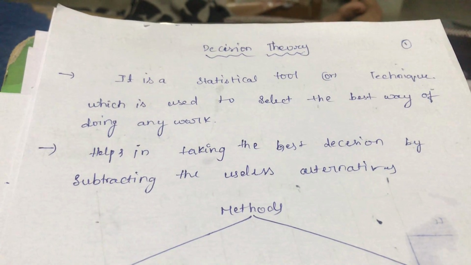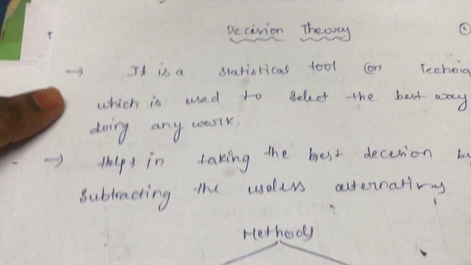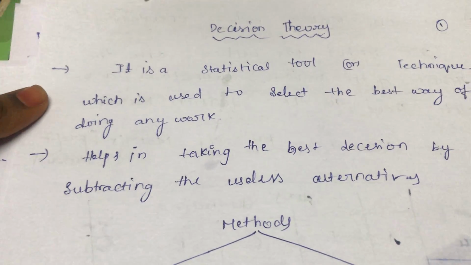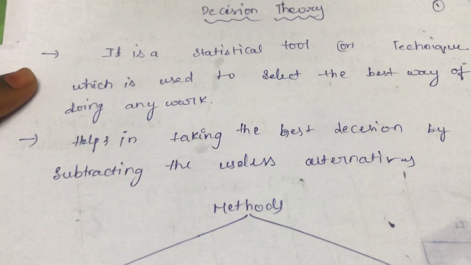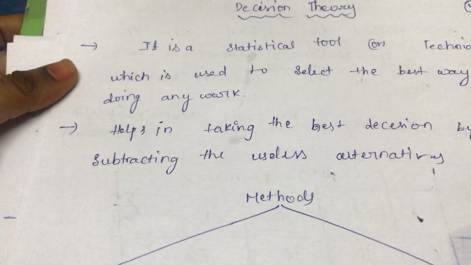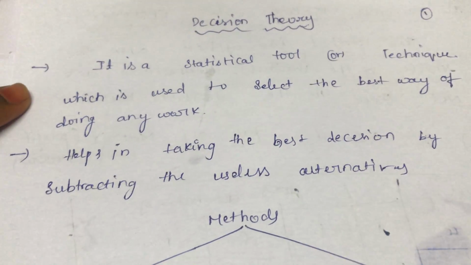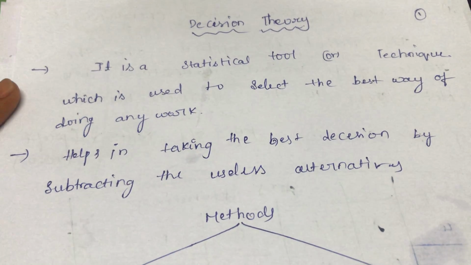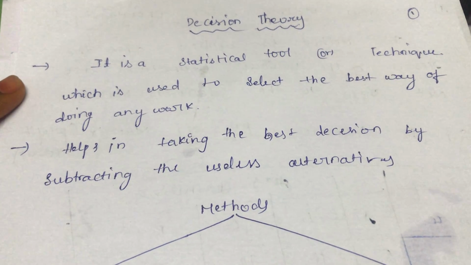In this video, I am going to discuss decision theory. First of all, let us have a look at what decision theory is. It is a statistical tool or technique which is used to select the best way of doing any work. For doing any work, we will have some alternatives or plans. That best plan we can select by using decision theory. So it helps in making the best decision